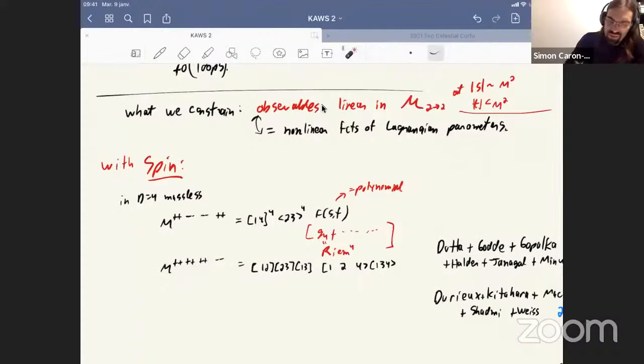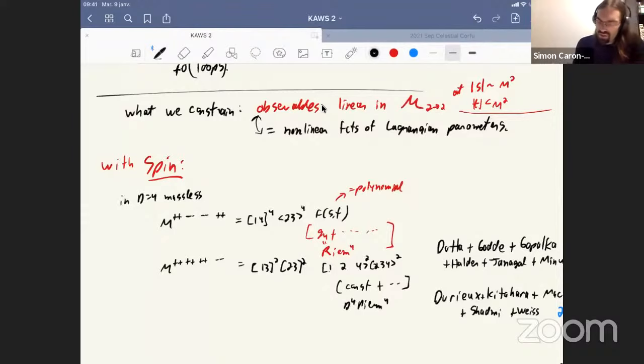Maybe I will square those, and maybe put a 2 here, and then I have 1, 4, 2, 1 squared, 2 squared, and then it's going to work if I put 1, 3 squared and 2, 3 squared. It has more derivatives, and then again you have the constant plus dot dot dot, and this constant here is like a Riemann 4 times 4 derivatives.